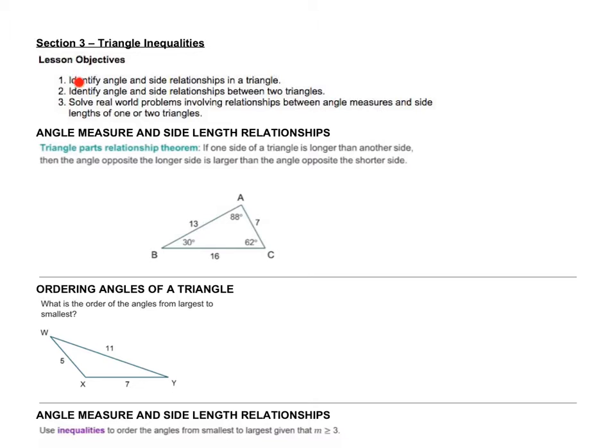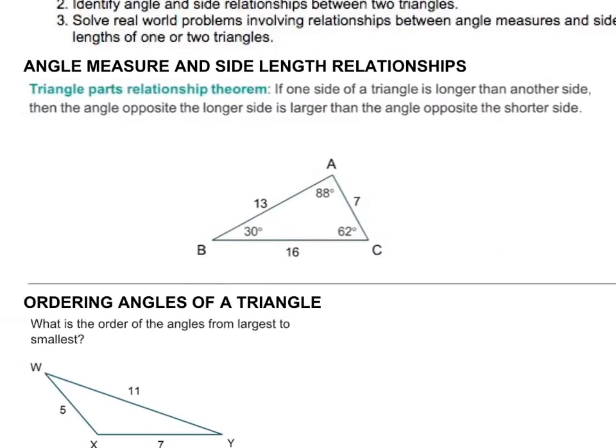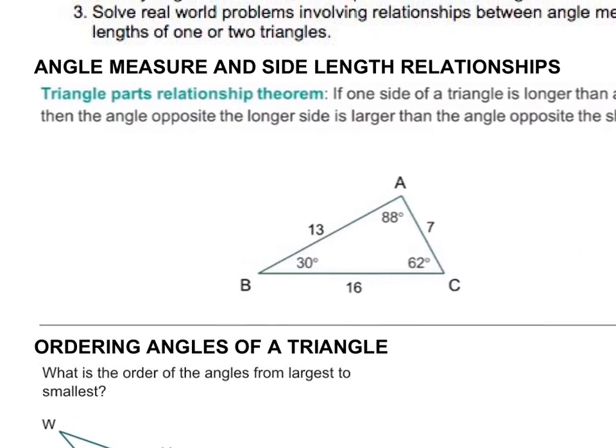What we're trying to do today is identify the angle and side relationships in a triangle, identify angle and side relationships between two triangles, and then solve some real-world problems involving relationships between angle measures and side lengths of one or two triangles. So the first thing we want to talk about is the angle measure and side length relationships in